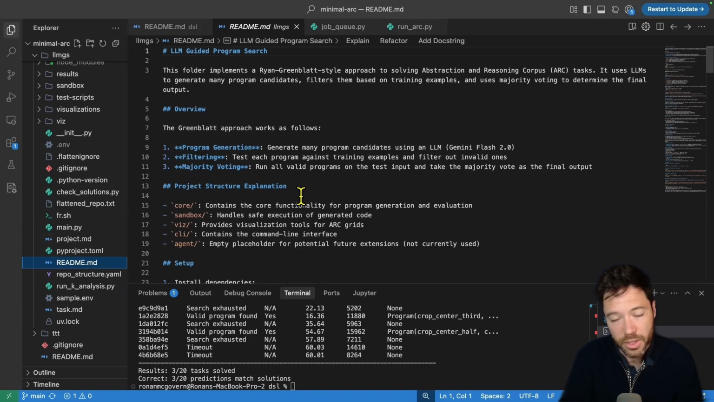Now, this is an implementation of using Gemini Flash 2.0, although I might switch it to 2.5 since that model has just come out. And Gemini is being used to generate Python programs. It's been given the input and output training grids and also the test input grid. And then it generates a program that would convert all of the inputs into the output grid. And those programs are tested on the training examples. And if they pass the training examples, they're considered a candidate program for generating an output from the test